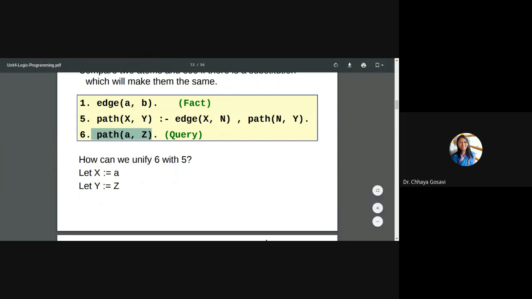Okay, we'll just check it. Editor is visible, switch editor. We have to check path A comma Z. Ma'am, screen is not visible.